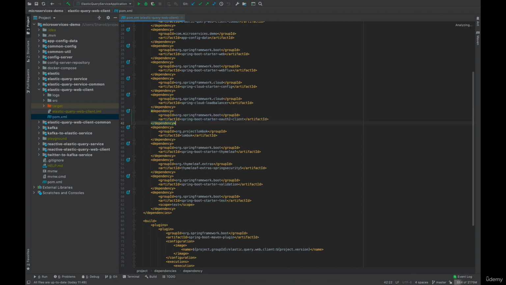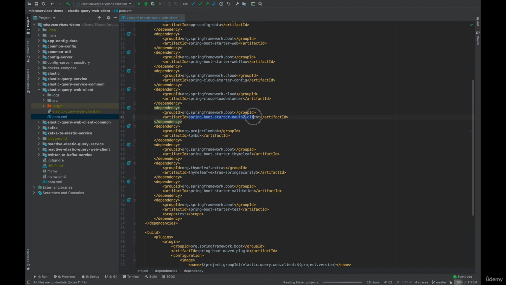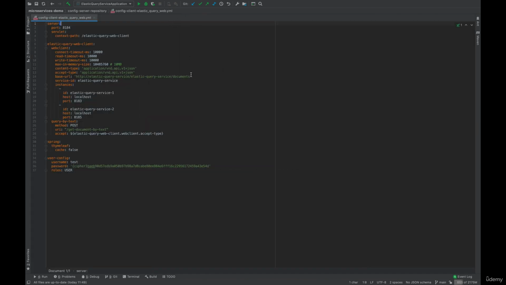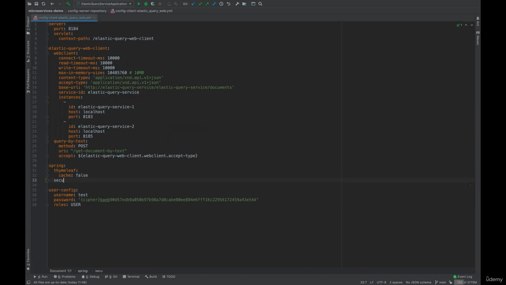First, I will add the Spring Boot Starter OAuth2 client dependency to the Elasticquery Web Client module, which is our web client. Note that we removed the starter security as it is not needed anymore with this change. Then update the web client configuration file in the config server repository with the Spring Security OAuth2 client configuration property. We will set the Keycloak client ID and secret,